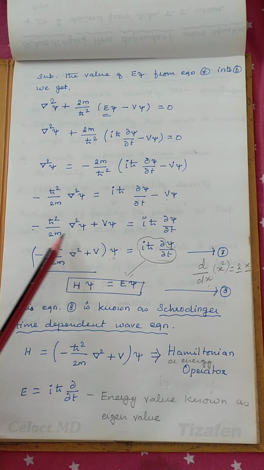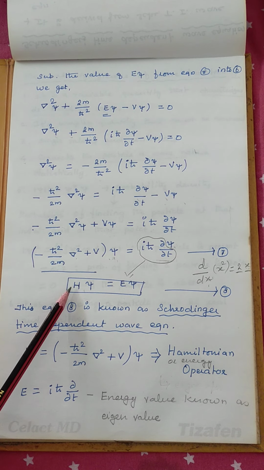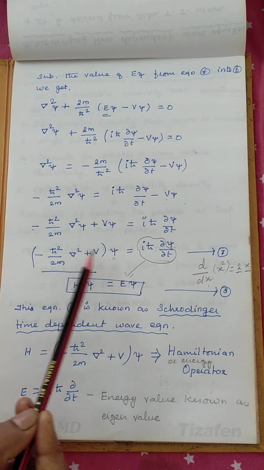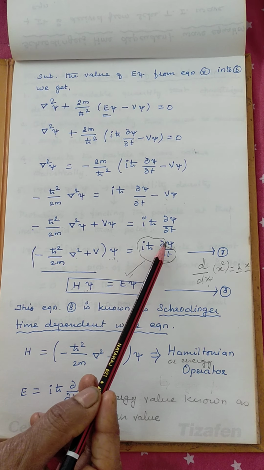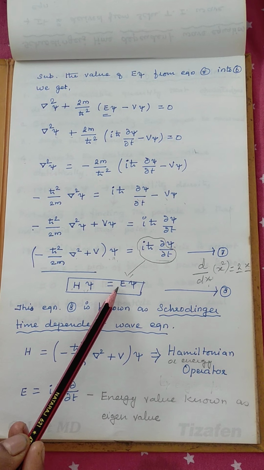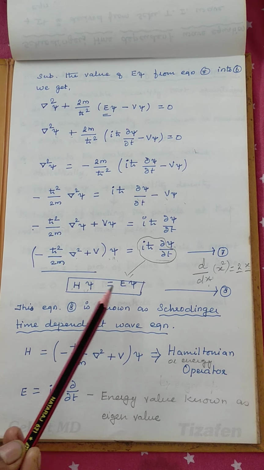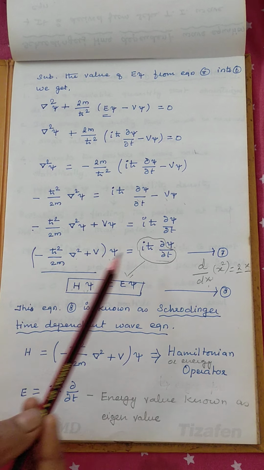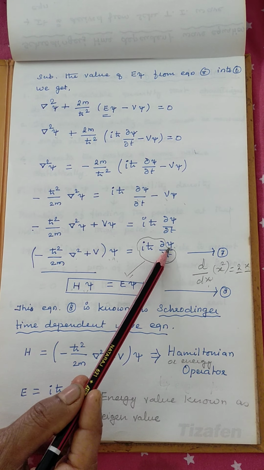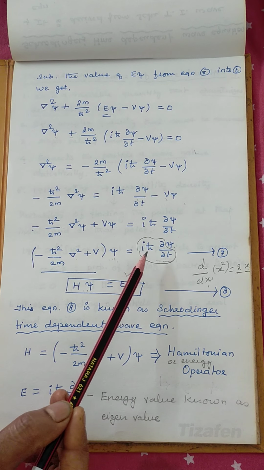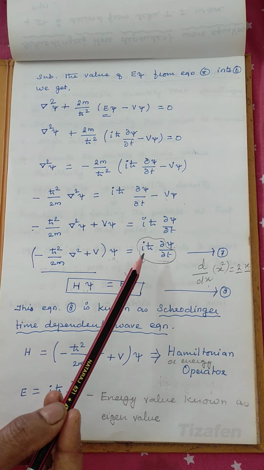Here this whole term we will call, say, H. This is the Hamiltonian operator. Wave function, as usual, is psi. Then H operates on psi, which gives psi multiplied by some other constant. This constant we may write as E psi. So H psi is equal to E psi. This is the Schrodinger time dependent wave equation. Here in the final expression, we have the differentiation of psi with respect to t. So it is known as the time dependent wave equation.